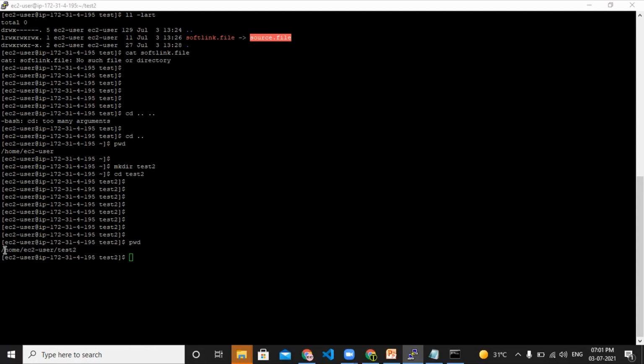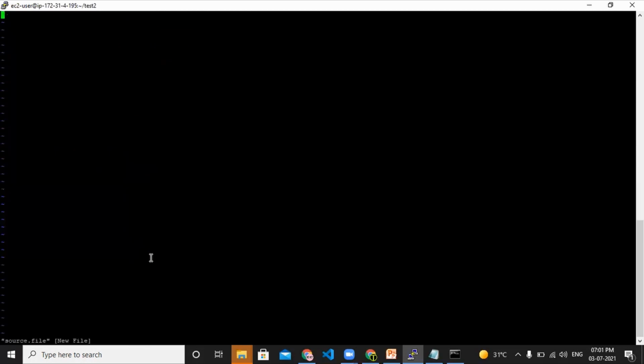So here we have created a test2 directory, and then we'll do the same thing for a hard link. We will create one source file with vi source.file. Same way we'll insert some text.